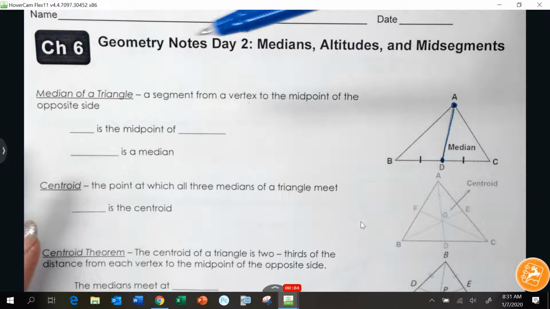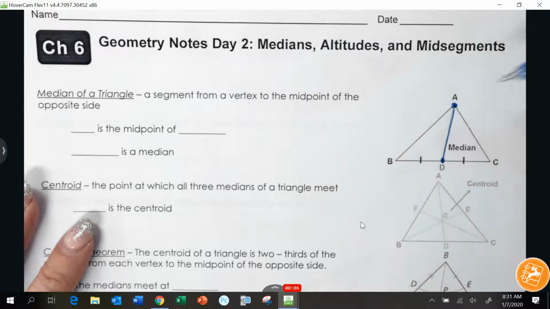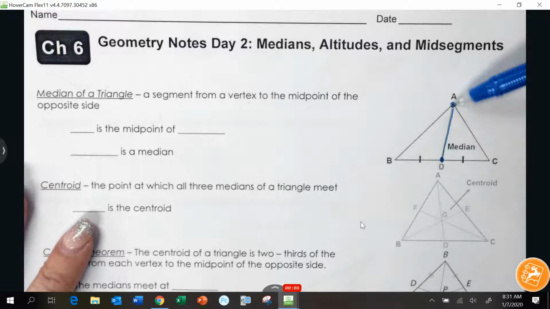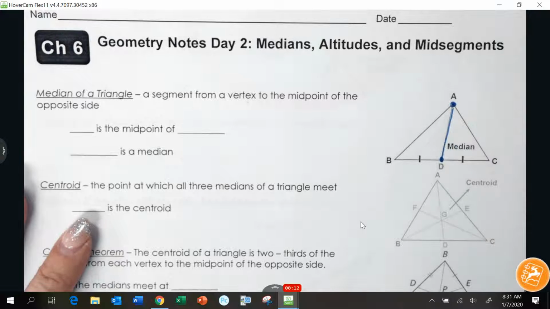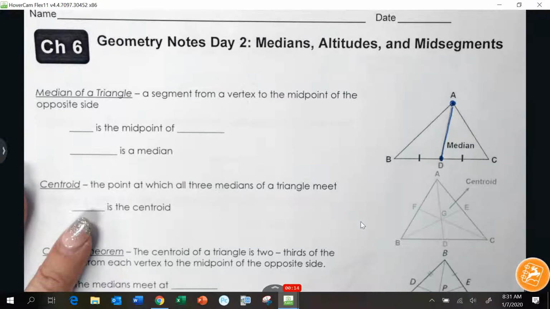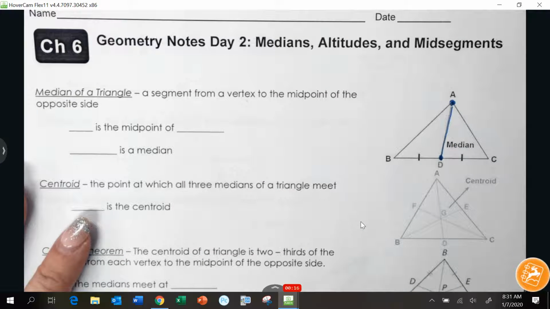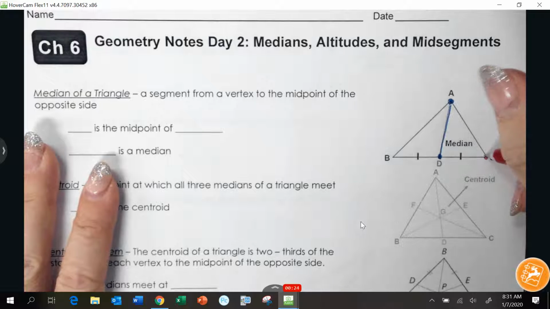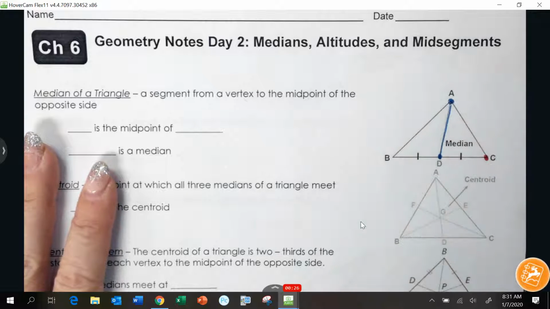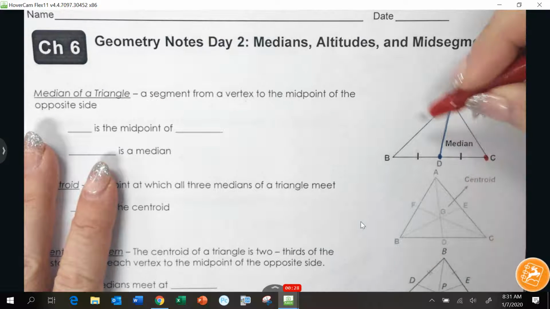Again, the median of a triangle connects one vertex to the midpoint of the opposite side. There's 3 medians in a triangle. I could choose, give me a vertex besides vertex A. C? If I start at vertex C, then I'm going to find the midpoint of side AB, which right now